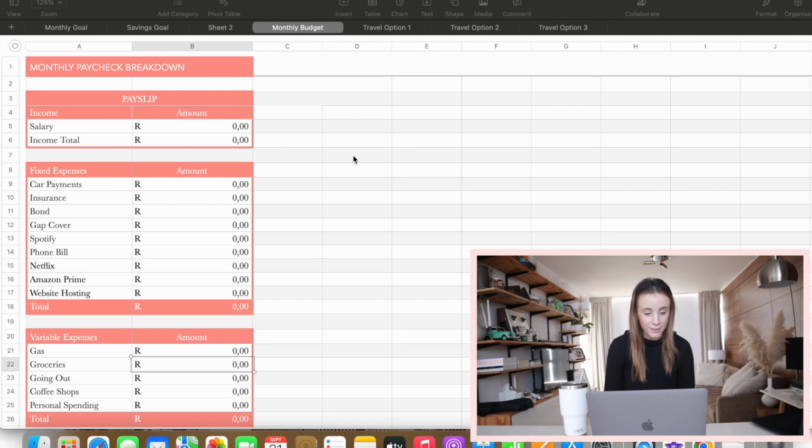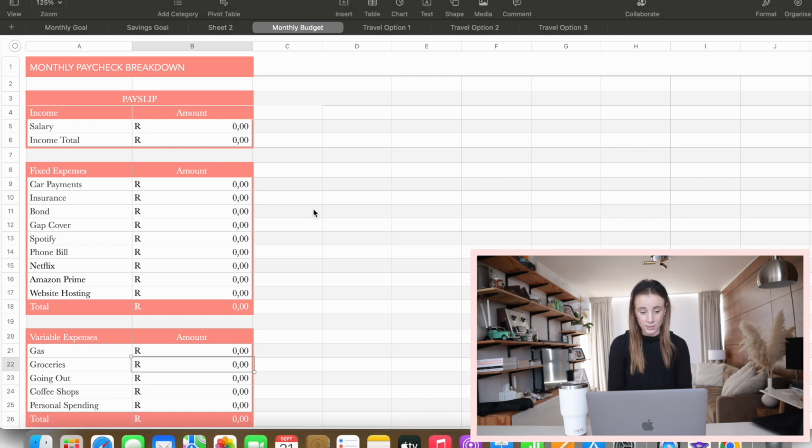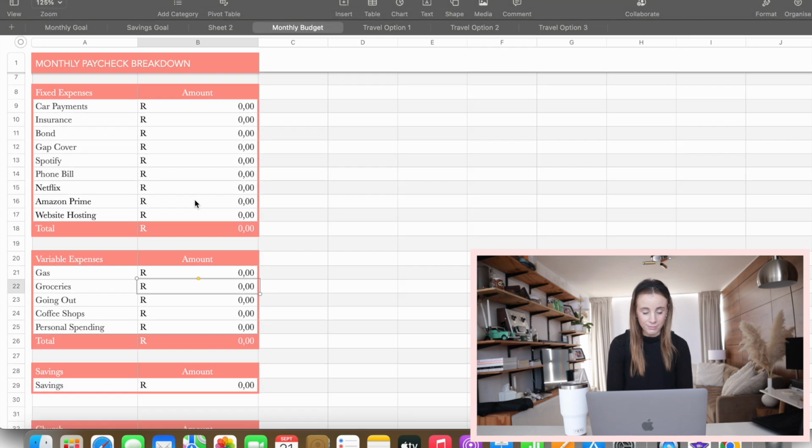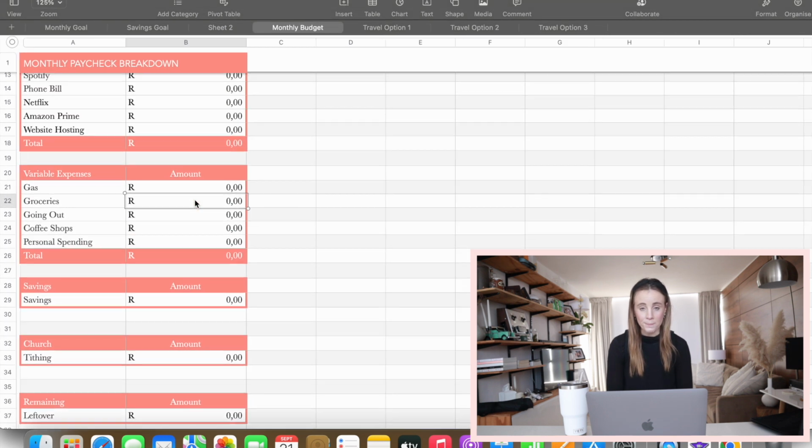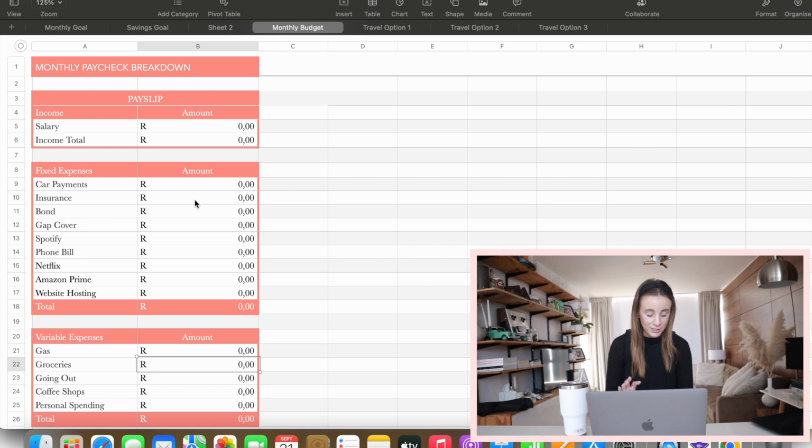Okay, so let's jump into the template. Okay, so this is the sheet. I'm just gonna run through what everything means and how we split things out. So this is mine. This is not Jason's, but he has his own stuff.